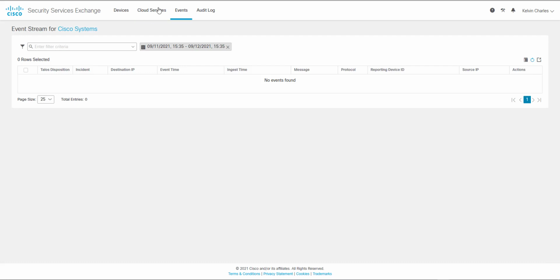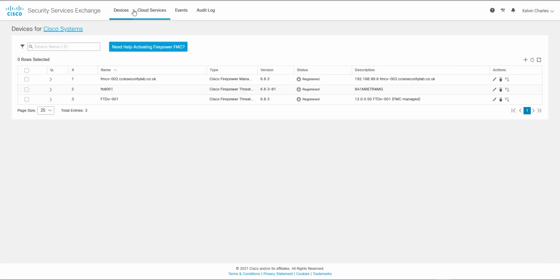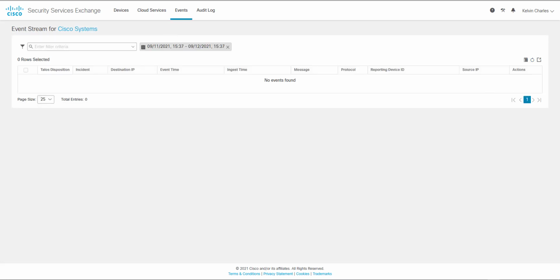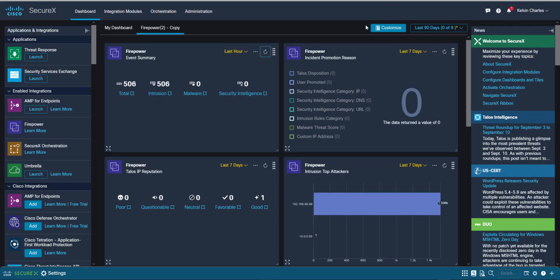It may be just because I've just integrated it. So even though it's taking some time to come through on SSE, if we go back to Secure X,